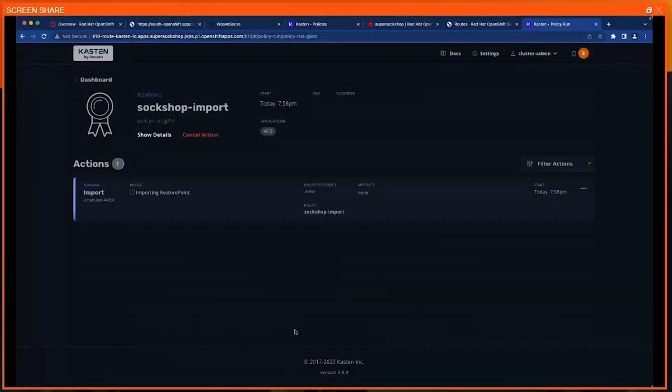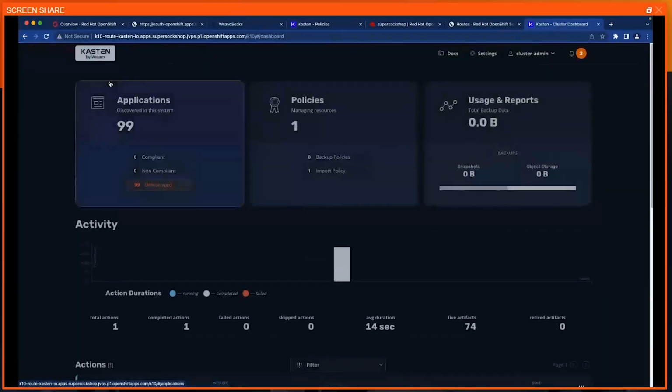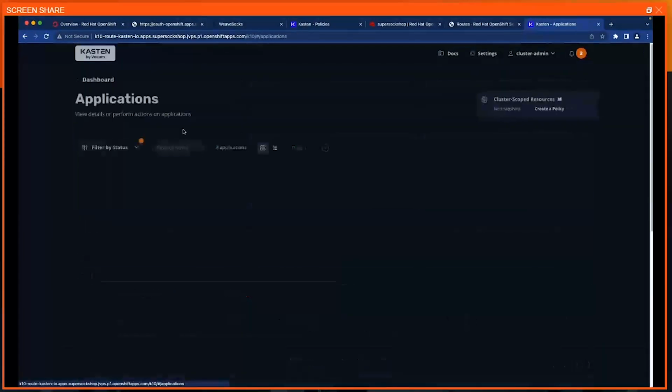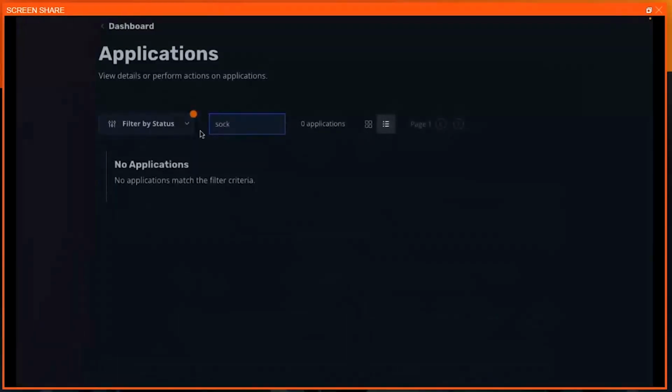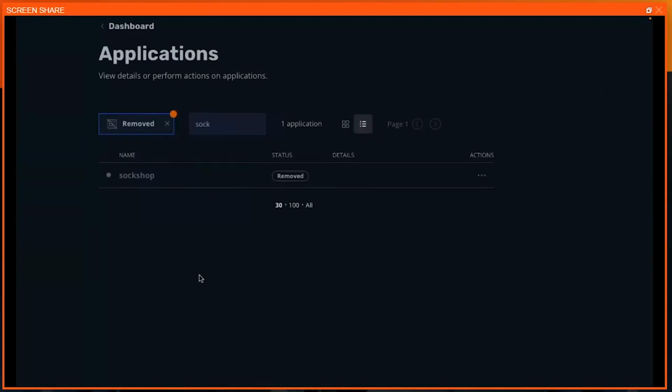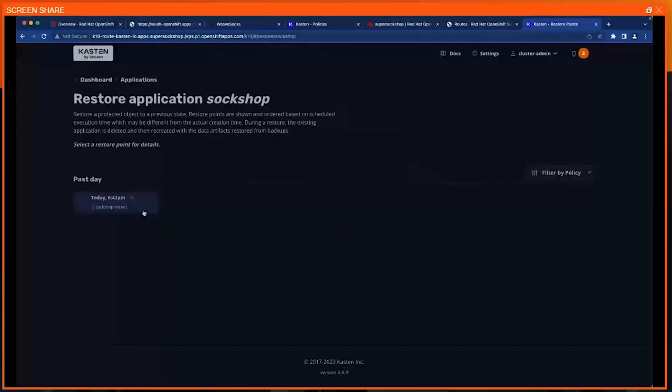to our ROSA cluster. Look at that, super quick. May have sped up for production here, but yes, we have rehydrated. We have to search for that namespace because it did not exist in our new ROSA cluster. So I can go ahead and just restore the application again in this new cluster, and I can go ahead and grab my latest snapshot.